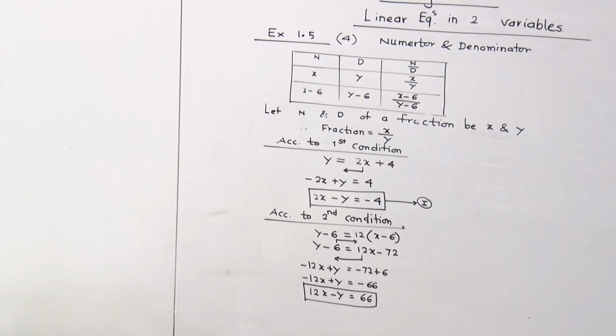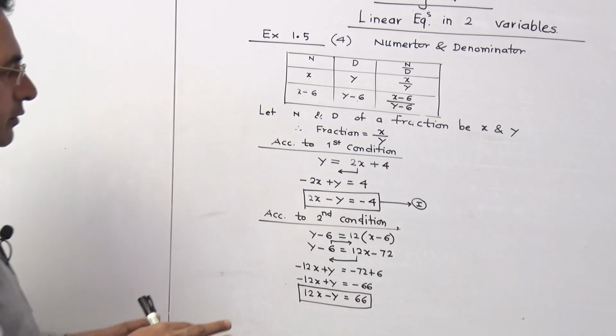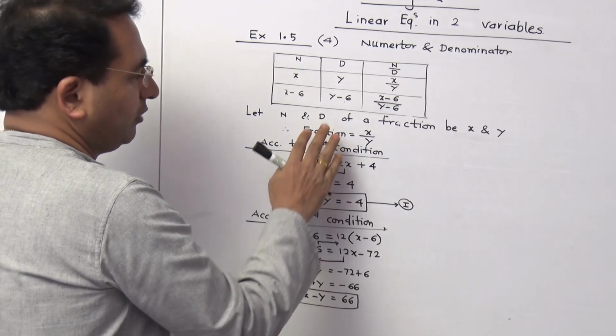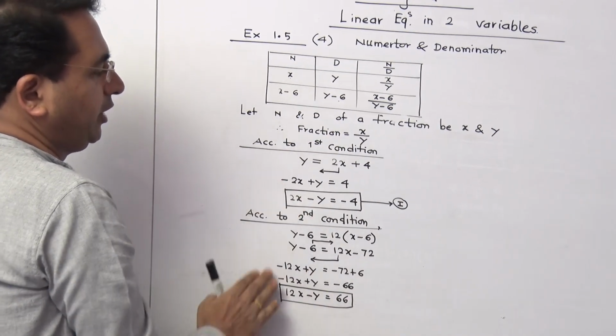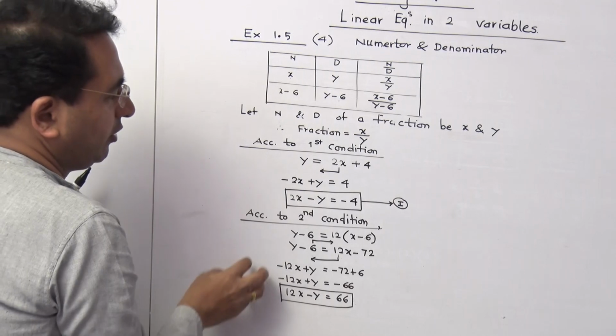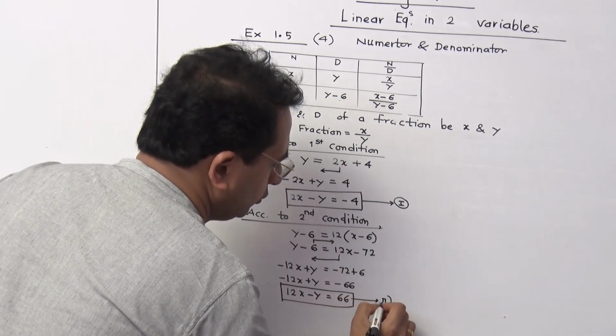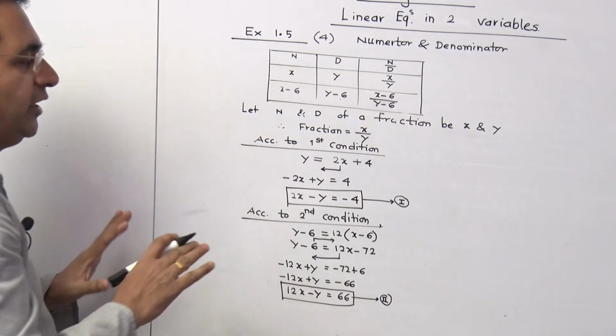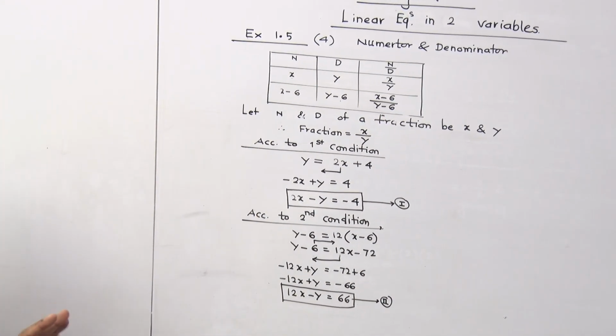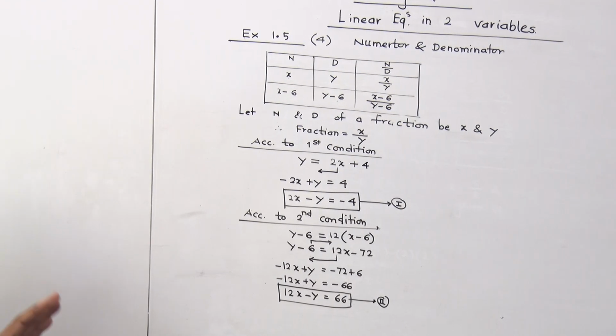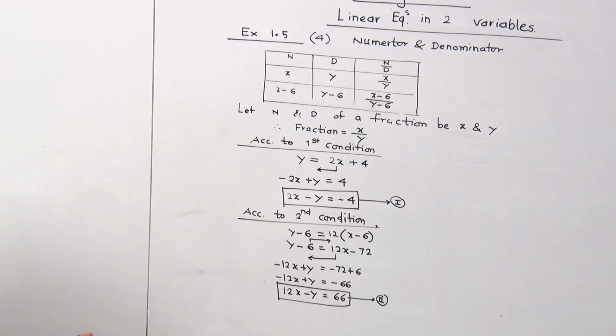Now I am not solving anything here. I am not solving the equations, I am just framing the equations. Once you frame the equations properly and number them as equation number 1 and 2, then you can solve them easily by any method of your choice. And normally we will go for the equating the coefficient method only.